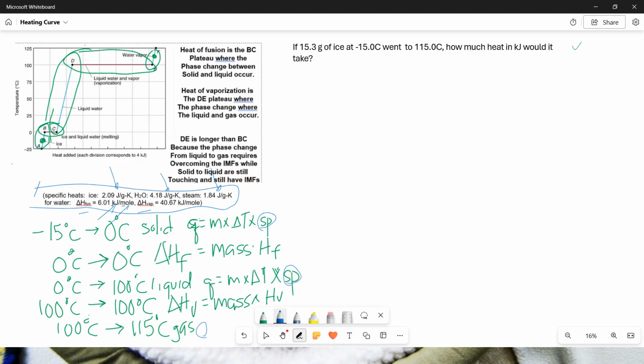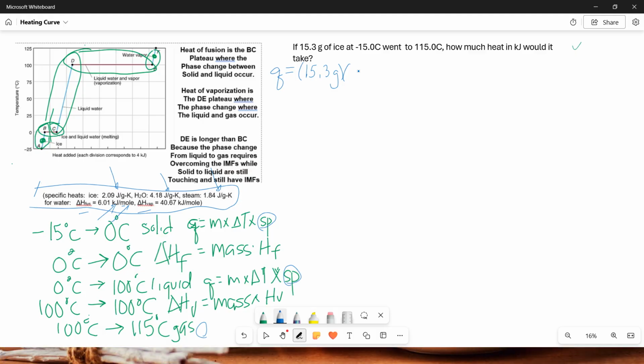So let's start with the first one. We're going to do a change or a specific heat problem where we take the mass, which is 15.3 grams of ice. We are going to go from 0 minus a negative 15 degrees Celsius. And then we're going to take it times the specific heat of ice,